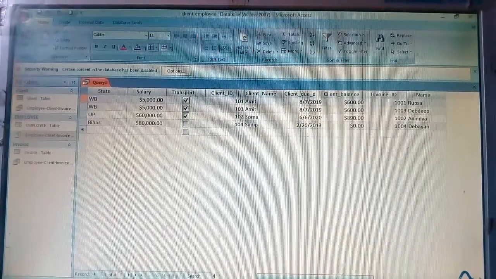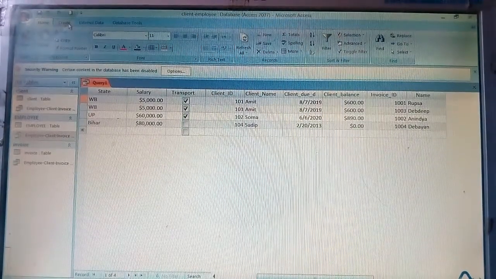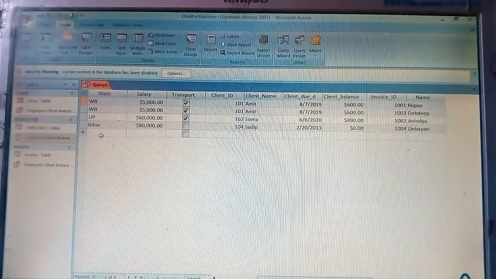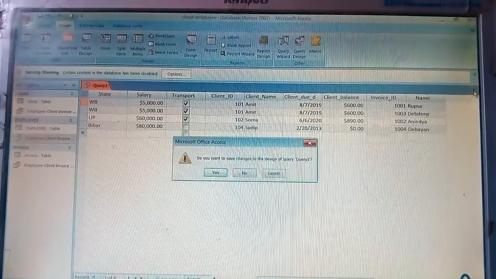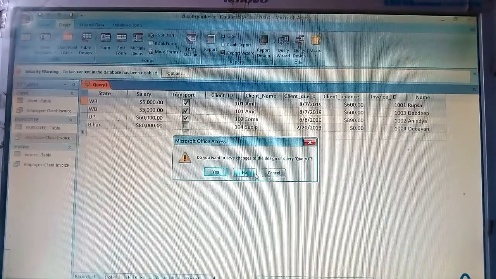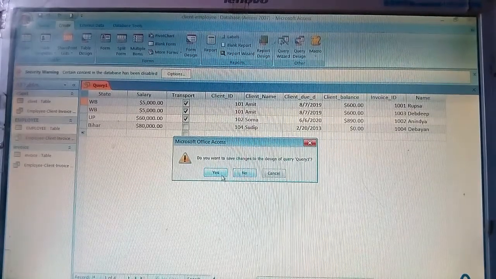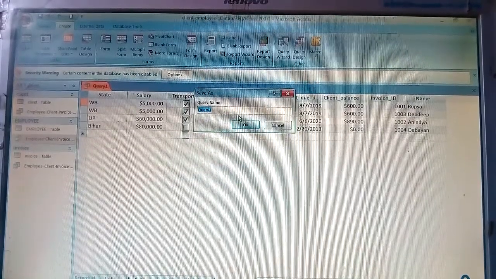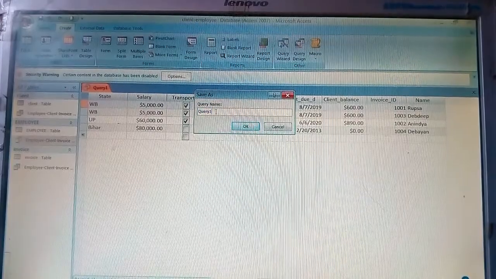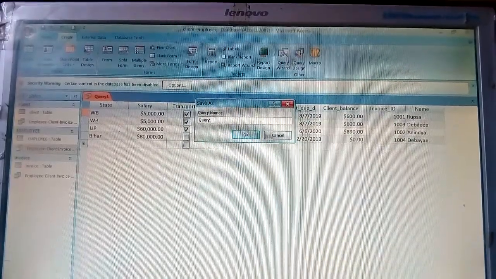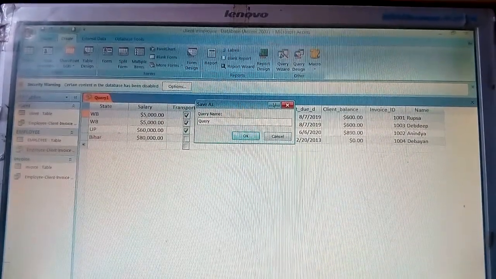For that, first you have to go to Create. First you close it. If you want to save, you can save here. Query 1, you can write down: query design multiple tables.